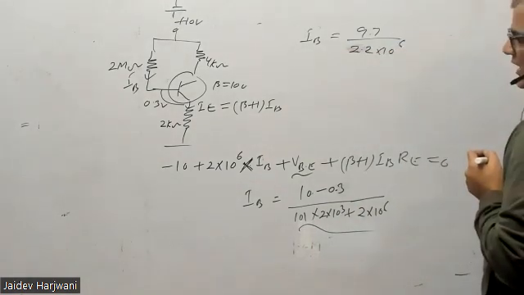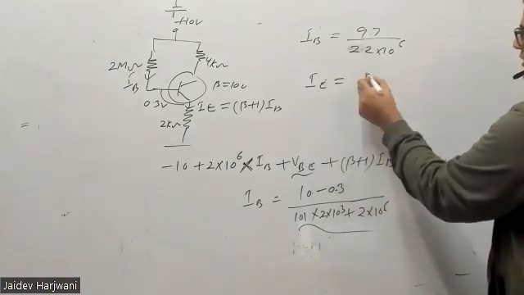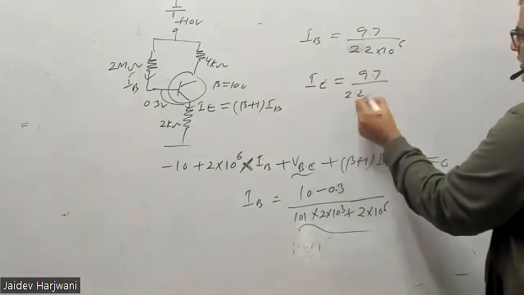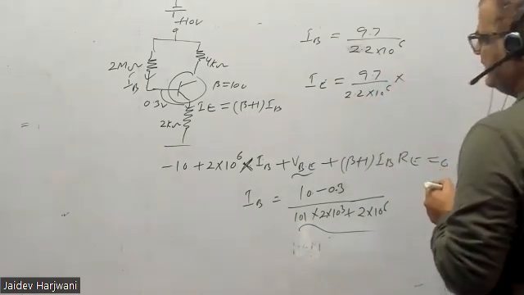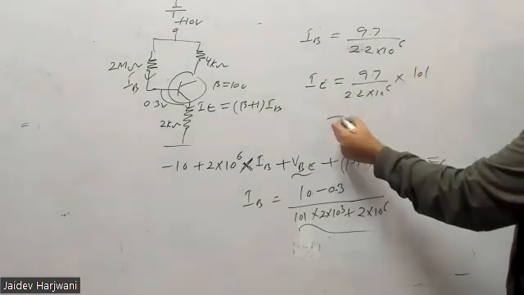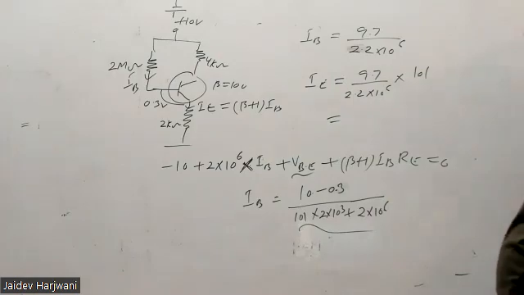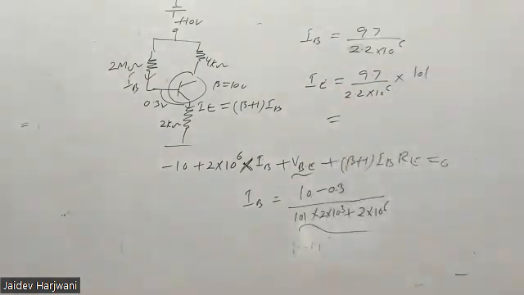Okay, this will be IB and you want IE. So IB will be 9.7 upon almost 2.2 into 10 to the power 6, and IE is beta IB or beta plus 1 IB, 101. इसको सॉल्व करके बताओ कितना आ रहा है। सर ये आ रहा है आपको 444.9 माइक्रोएम्पियर। ठीक है, तो क्वेश्चन में तो कुछ है नहीं इसमें भी।